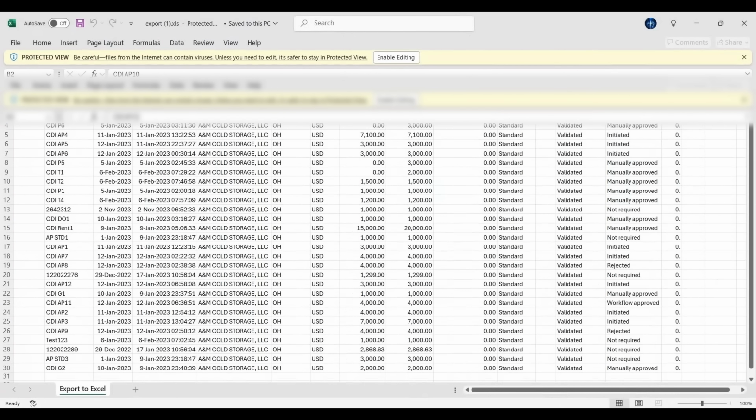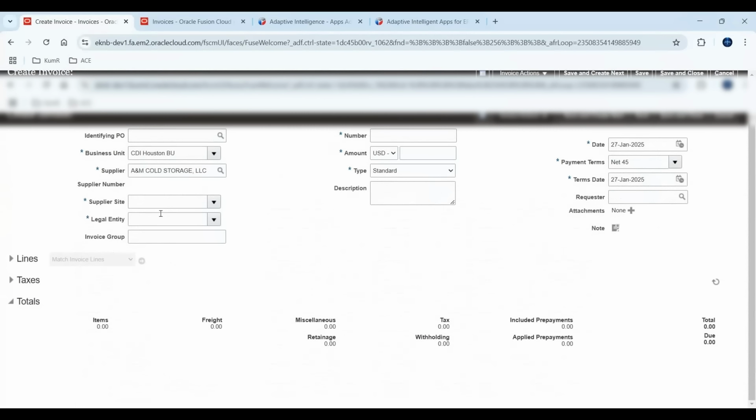Let's select the supplier as A&M. Let's give the, we'll call it AI test. Oh yeah, I think we should not give the word test. AI supplier invoice, because the system will assume it's some kind of test invoice. So let's not do that. AI supplier invoice. Go to the line,